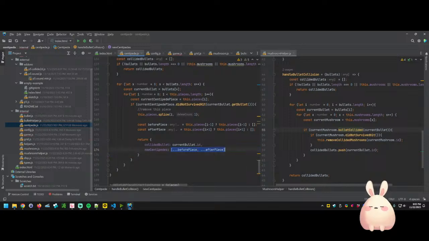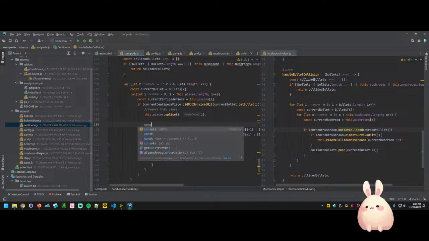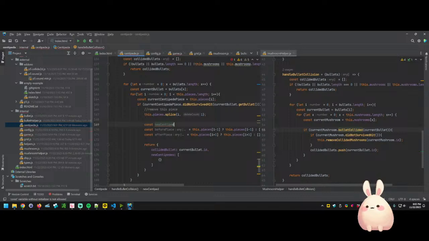New centipedes is going to be equal to an object. Why don't we make it an array of objects? And that is going to consist of, let's make you up here, const new centipedes is going to be equal to,